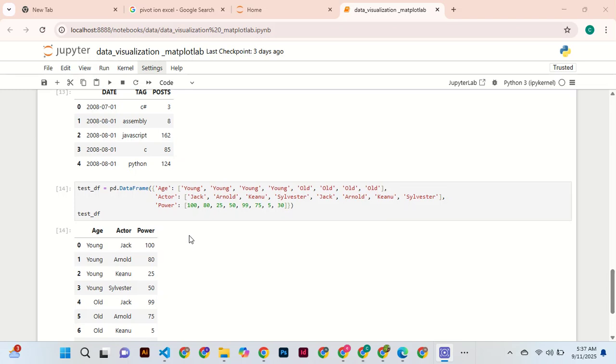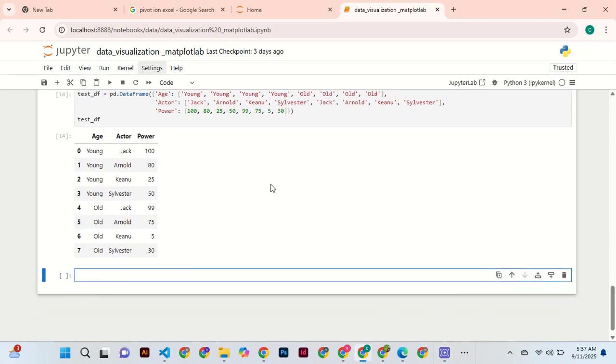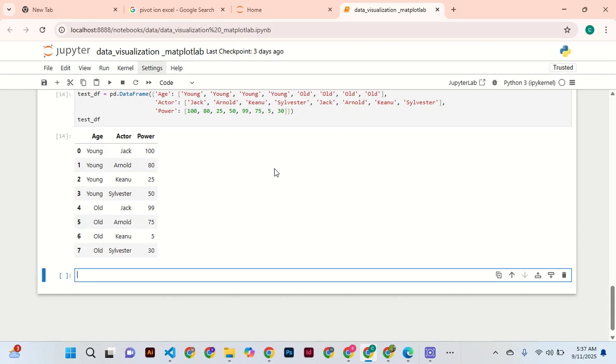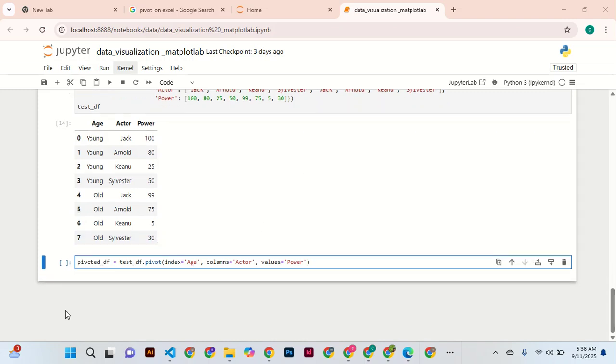Hello, and now we can implement this as a pivot now. So in pandas, let me make you understand this. You see, this is a pivot df, and you can see we have testing dot pivot,